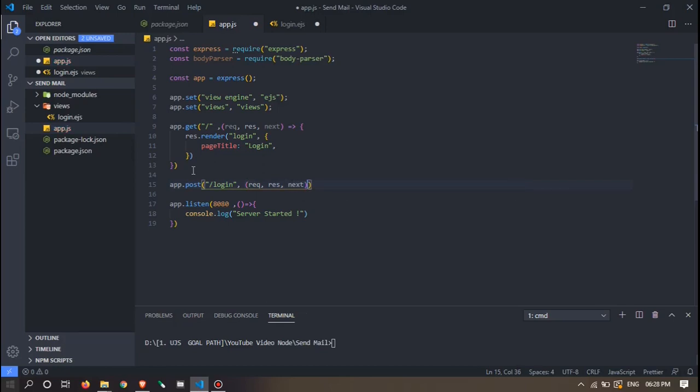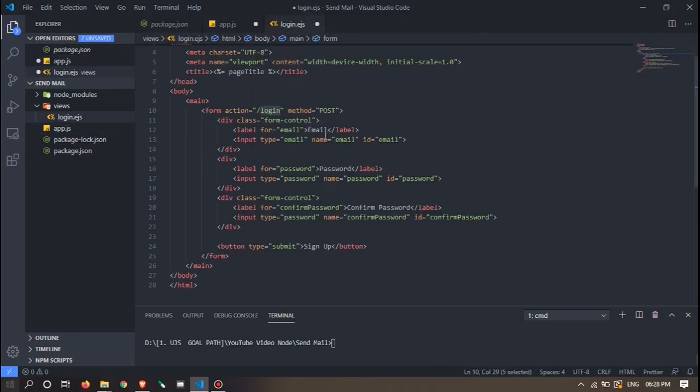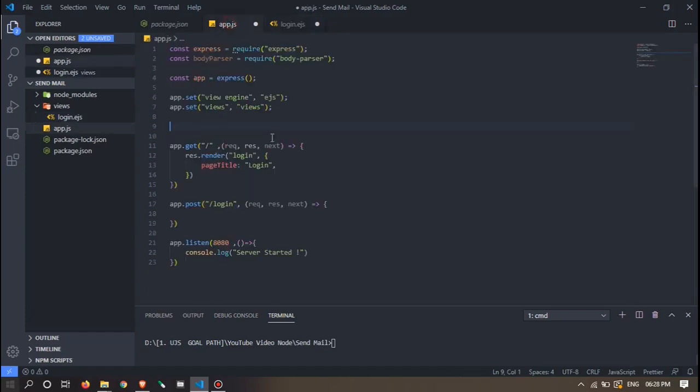Next, we could console log things, but we first have to set the body parser. If we want the data from this email, whatever the user enters, we need the body parser so it looks for the content inside the form. When we submit, we can get the data from request.body, right?